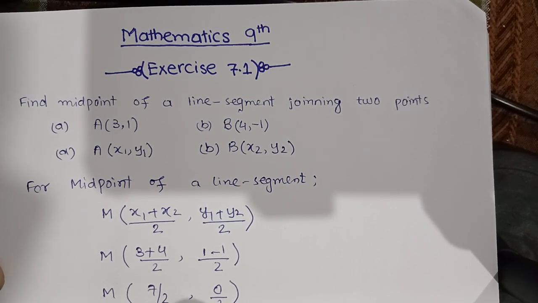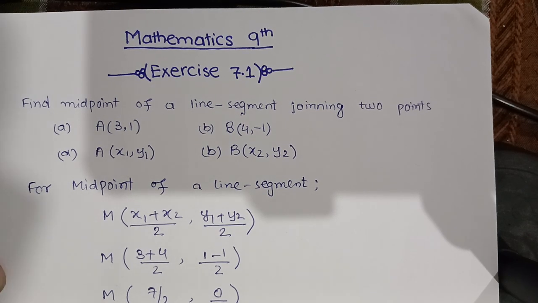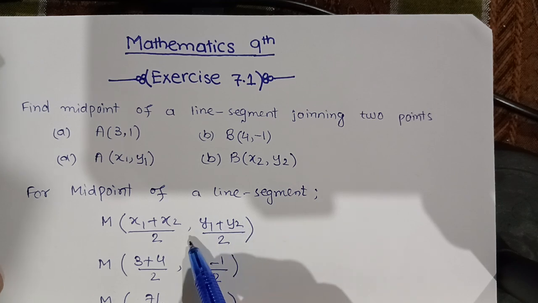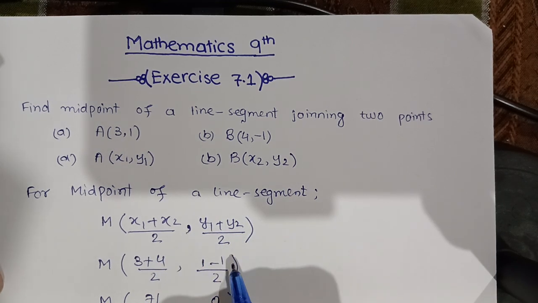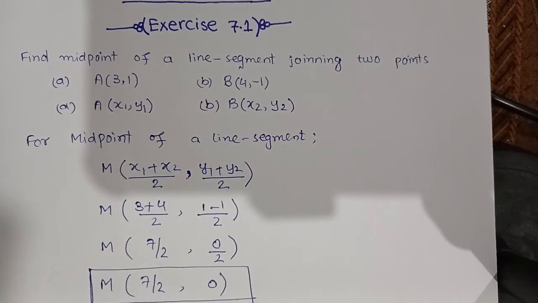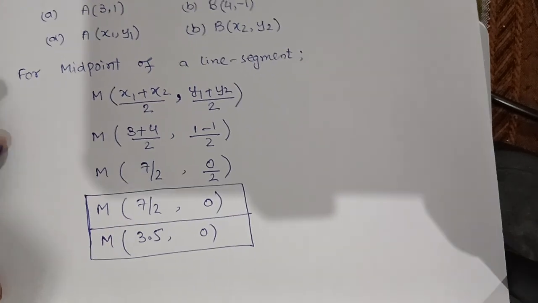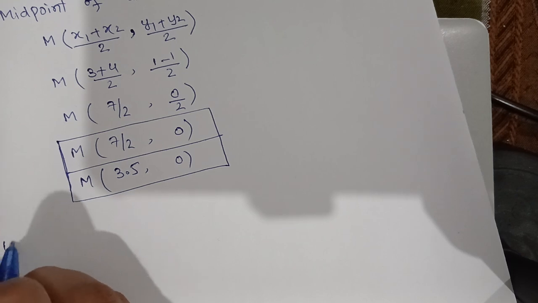So this is the solution of finding the midpoint of a line segment by using the formula (x1 plus x2) divided by 2, (y1 plus y2) divided by 2. In this way we can find the midpoint of a line segment. So we will follow another problem, another question,